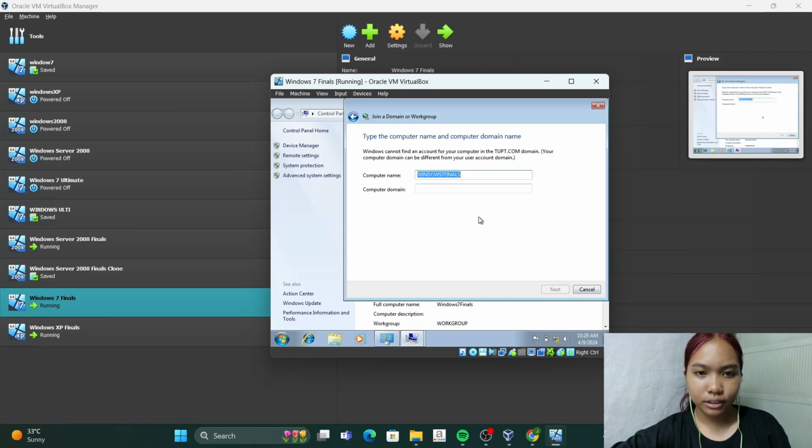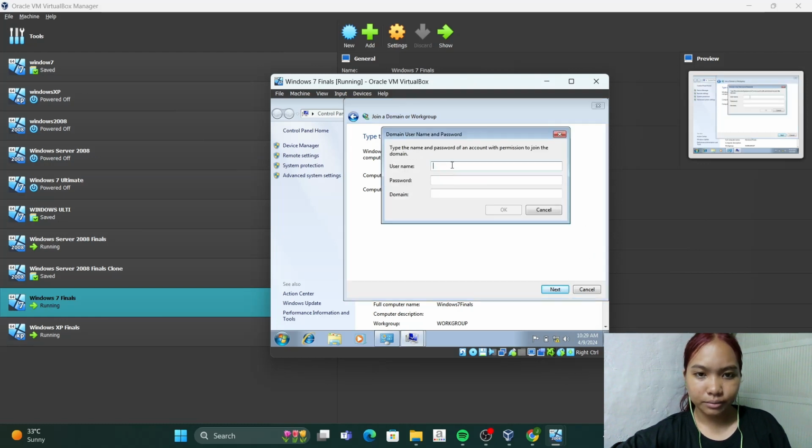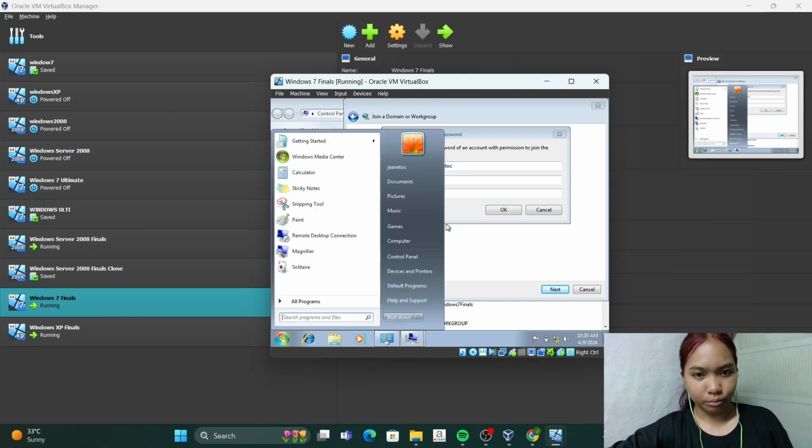Next, and provide the computer name and the computer domain. Click next and provide again the username and password as well as the domain that should be tpt.com.